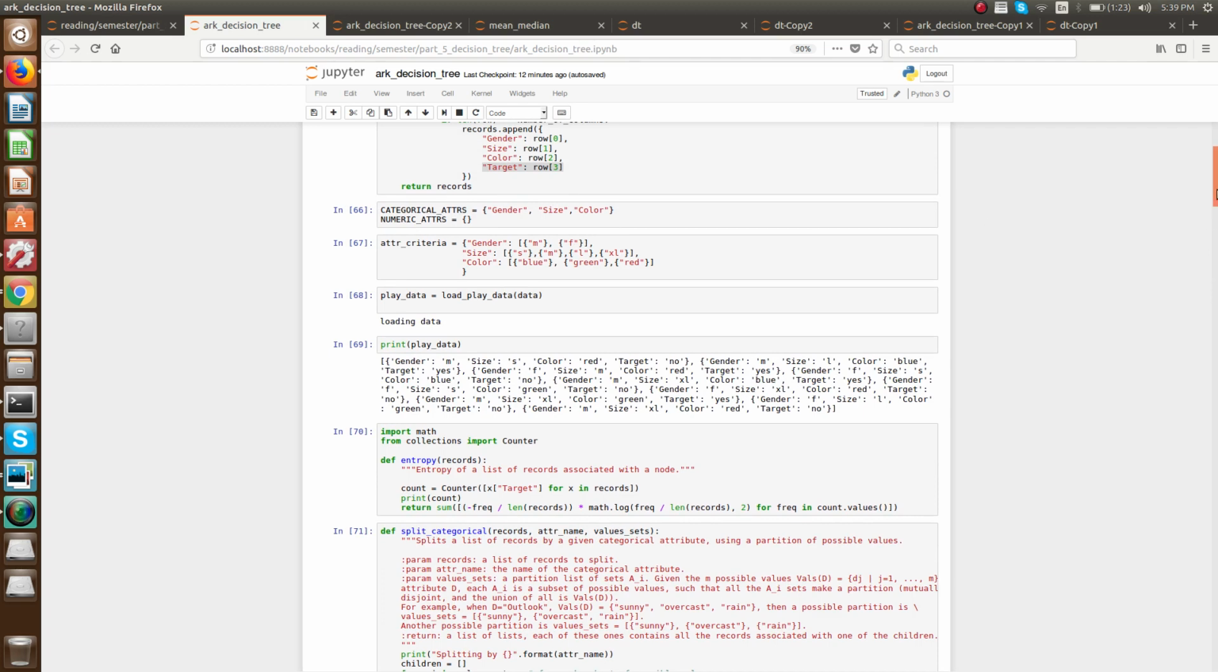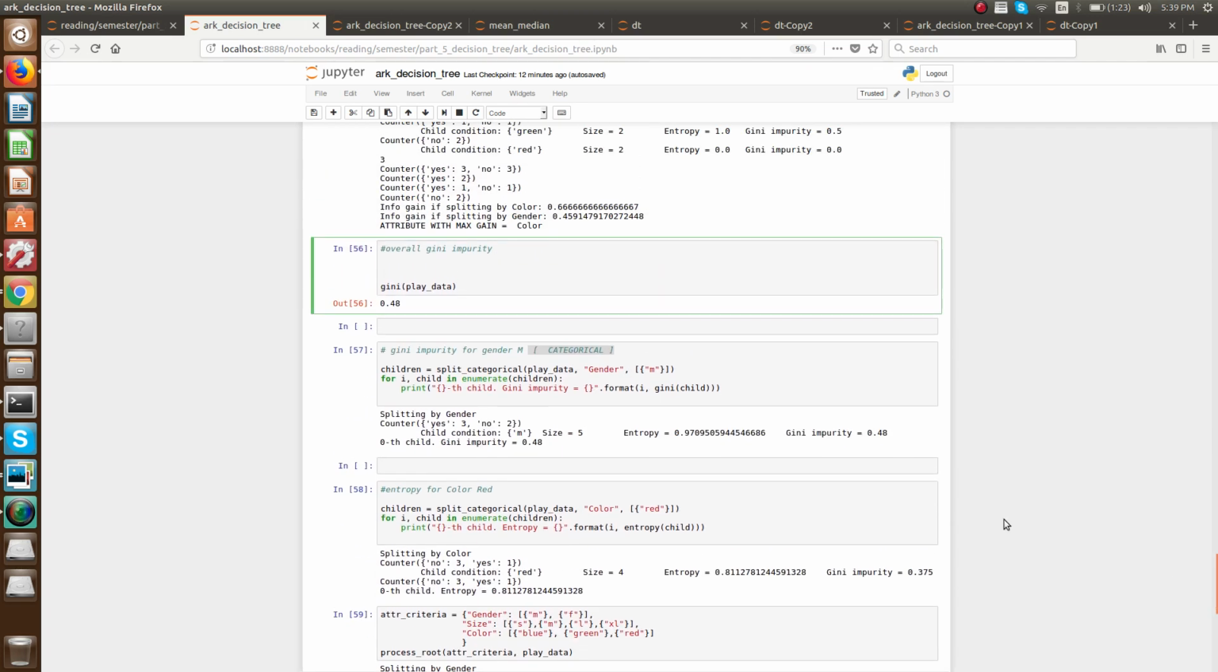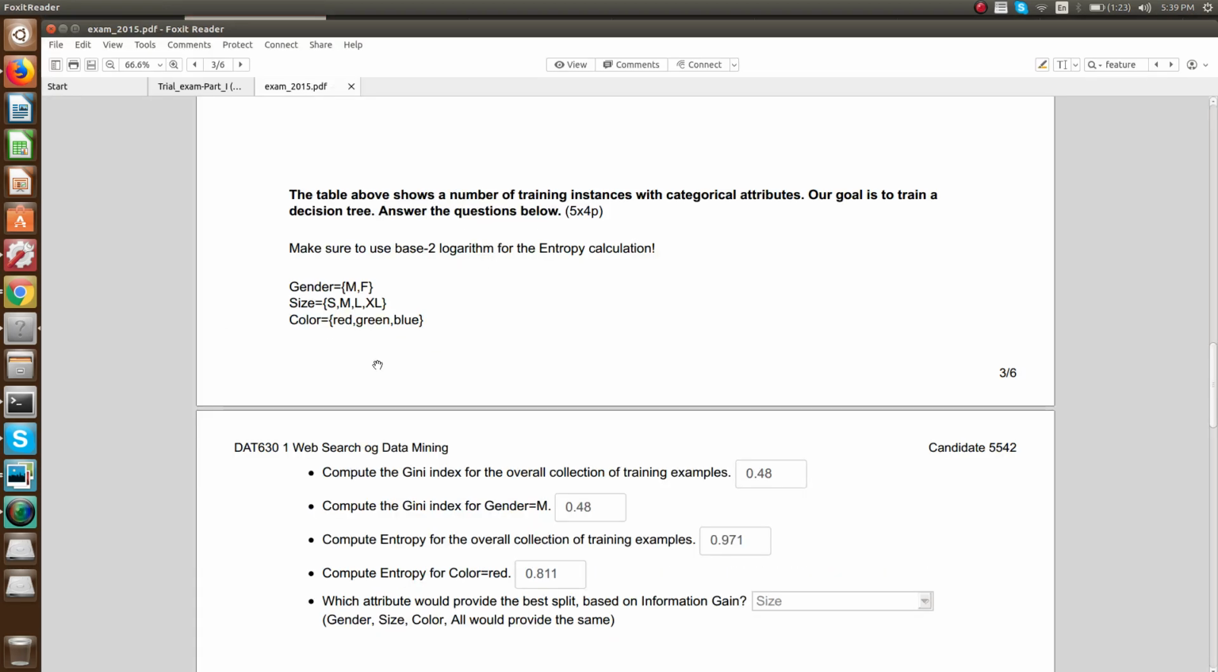Okay, here you don't need to change anything. If you want to compute the overall Gini impurity, just run over this. This will give the overall Gini impurity 0.48. And if he is asking for the Gini index for a specific attribute, say the Gini index for gender M,